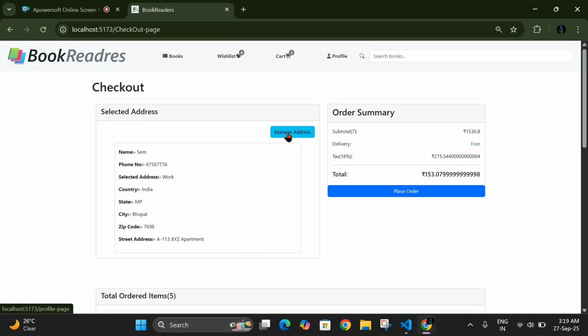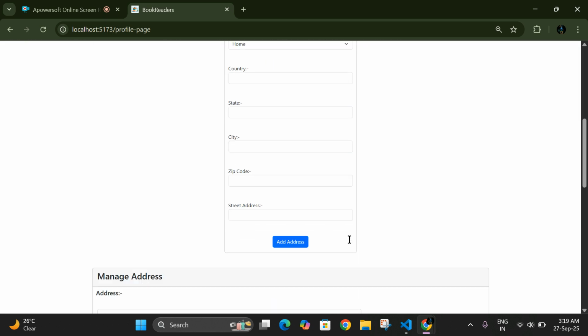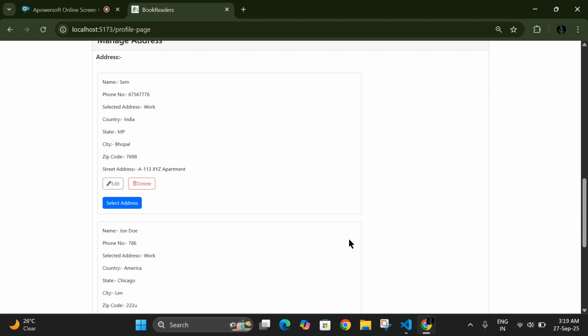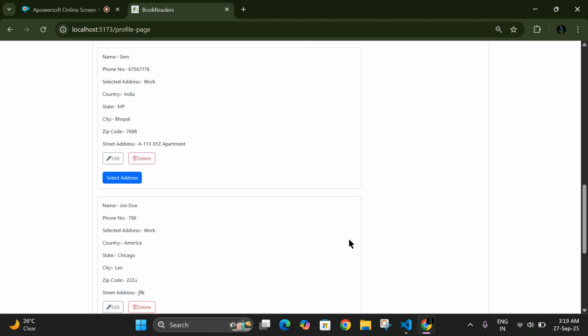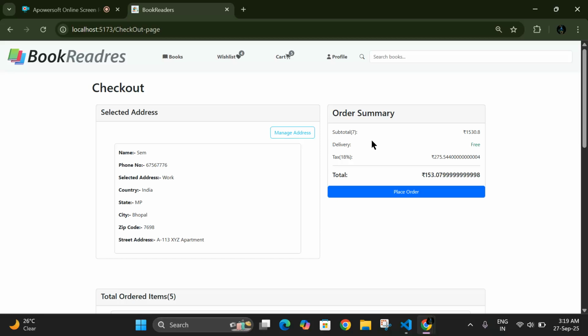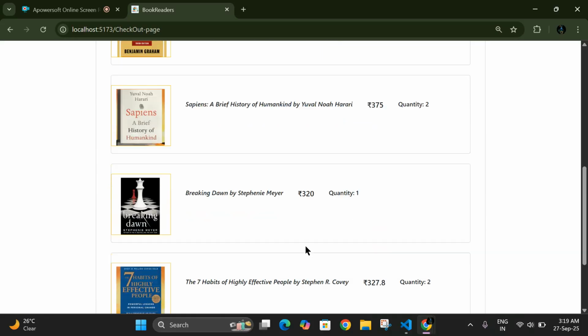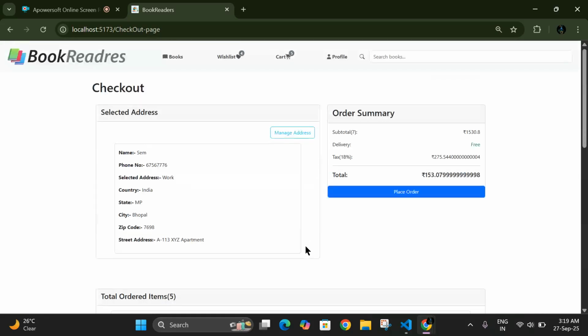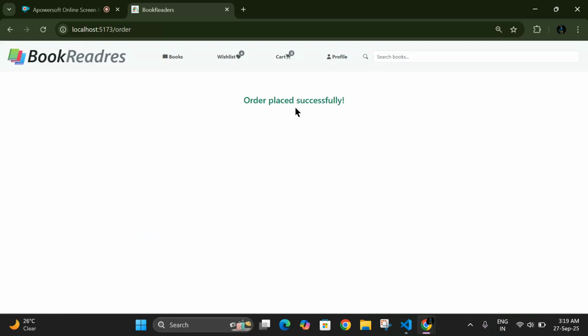From this button, we can manage address, and this is the order summary of items. If I click place order, then it shows order placed successfully and cart count is 0.